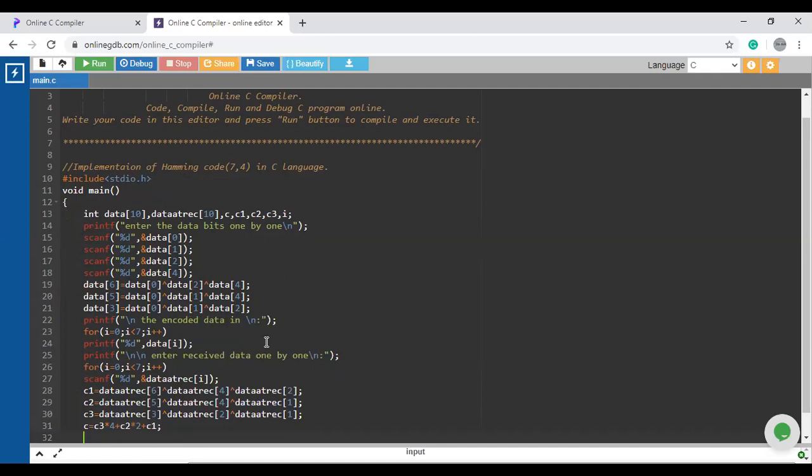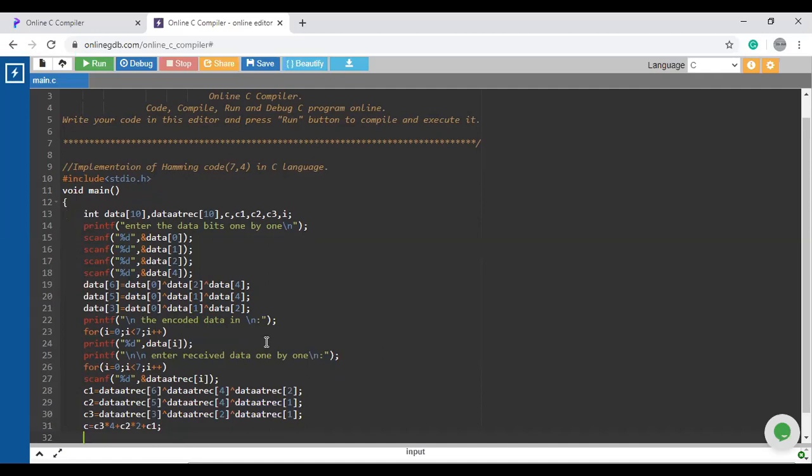Why am I using this step? Because if there is an error, then they will make a number using the checker bits in numerical form, which will show the position in which the error has occurred.